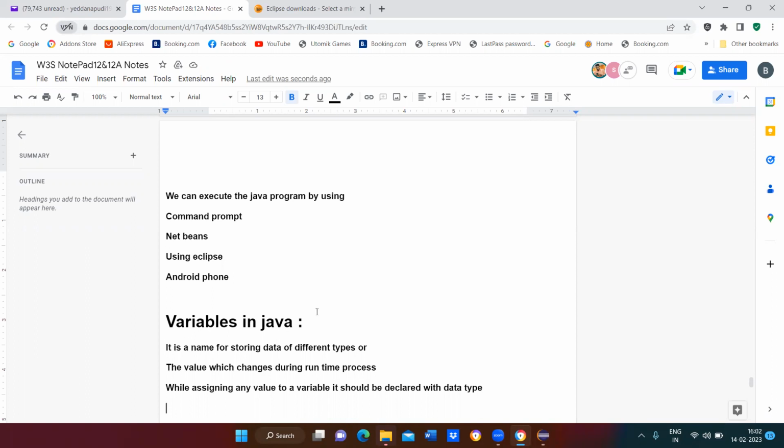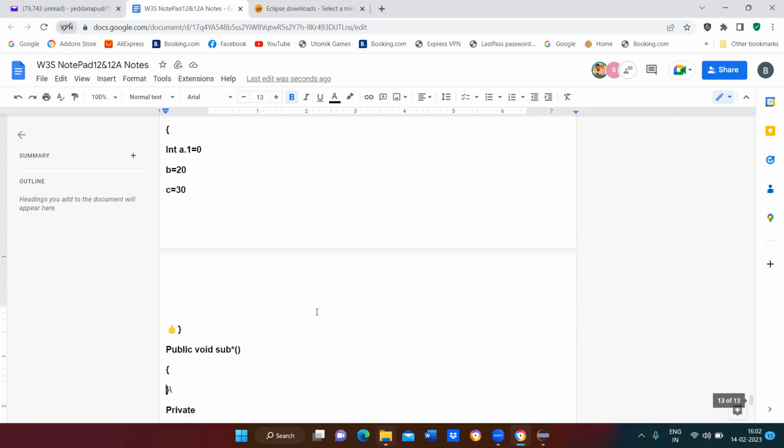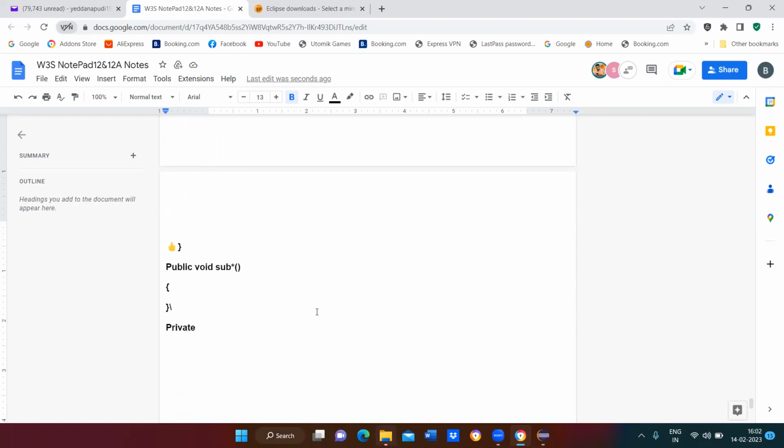So it is mandatory to use a data type for assigning values to a variable. Now, how are you going to declare a variable in the class? So, variable declaration. I'll give one example.